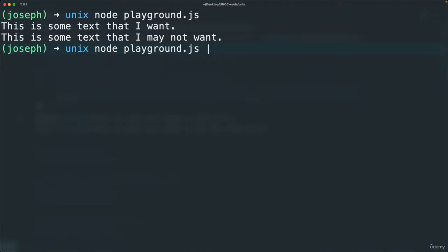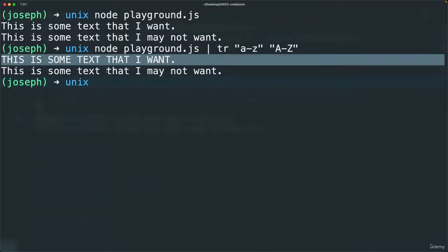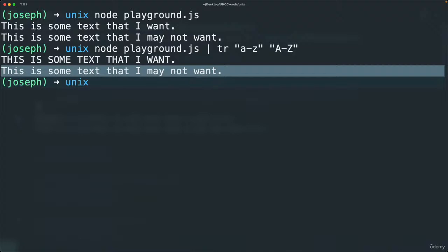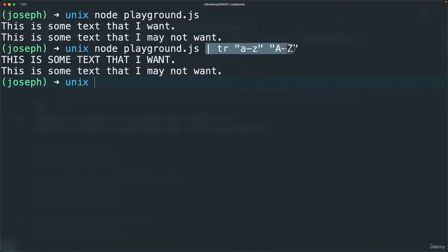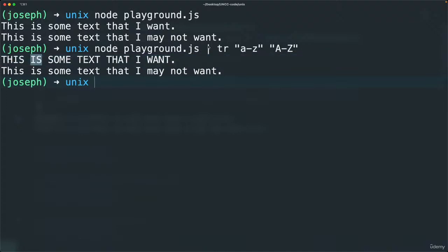But now if I pipe this to, let's say, the tr command again to make it uppercase, so I'm just going to say lowercase and convert them to uppercase. Now if I run it, as you can see here, I'm only converting my standard out to uppercase. I'm not doing anything with my standard error. So standard error is just going to be written here into my terminal, and this tr application is not going to do anything with this output, only the standard out. So again, this pipe means to, instead of writing the standard out to the terminal right now,